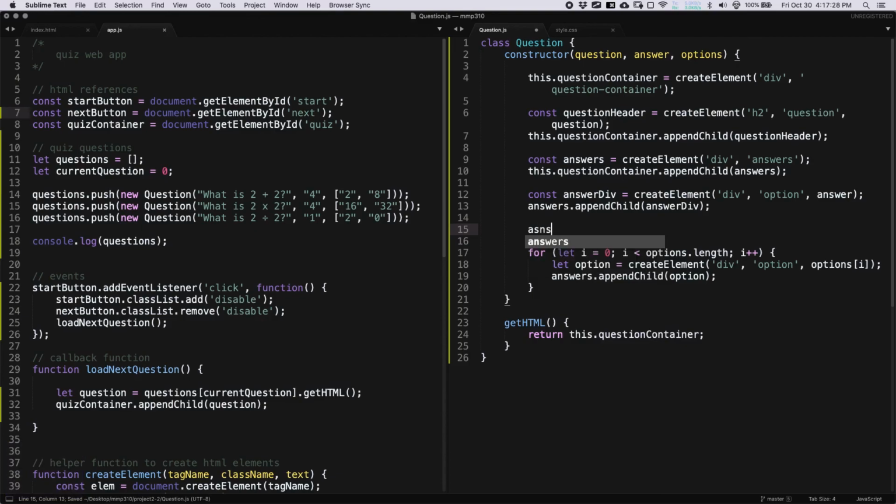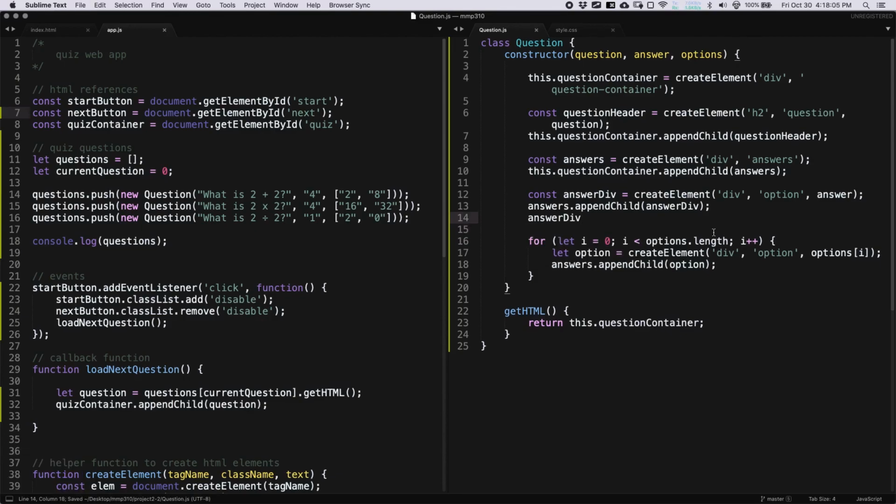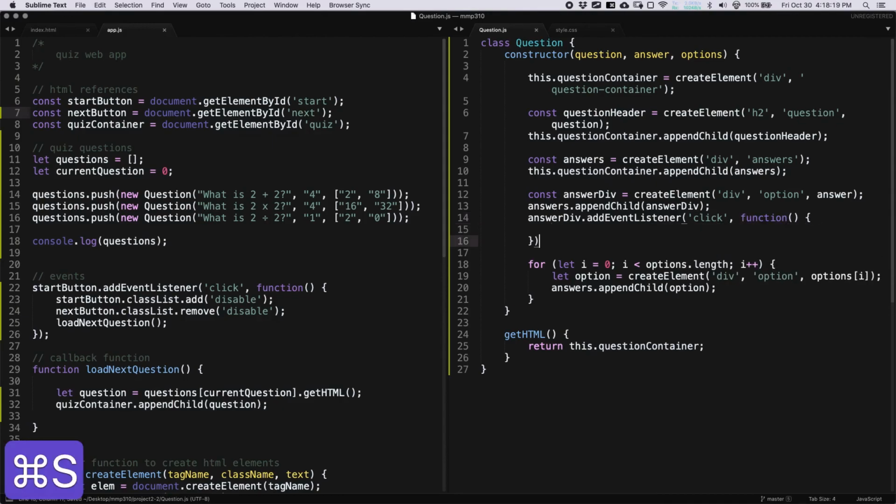So we're going to say answer div, and then we're going to add an event listener. So we'll say .addEventListener. And we're looking for a click event. And we're going to have a callback function just like we had for our start button over here. So we're going to do a callback function here. We're going to do some stuff that's only related to the answer, and then we'll do some stuff that's related